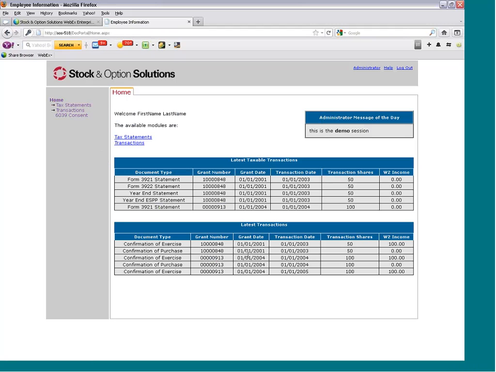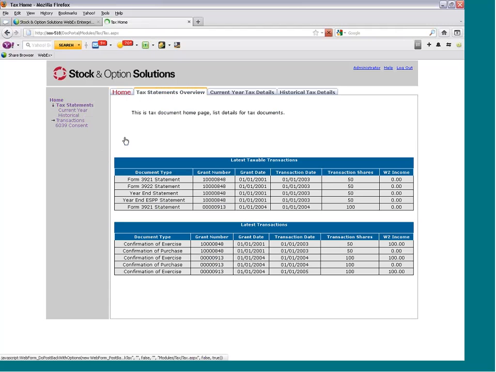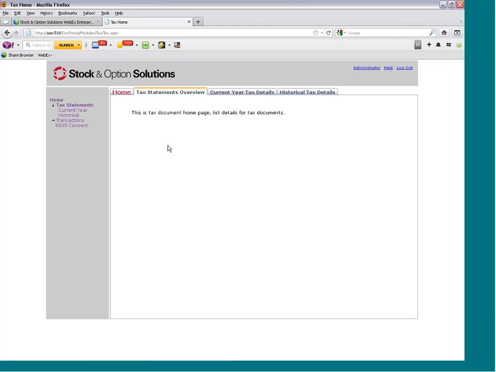So the first module that I'm going to go ahead and go through is the tax statements module. The home screen here of the tax statements module is completely customizable for each client, and they can add whatever text they want here, as well as links to other documents or FAQs that they want the employees to be able to access. So the first thing that I'm going to go into here is the current year tax statements,